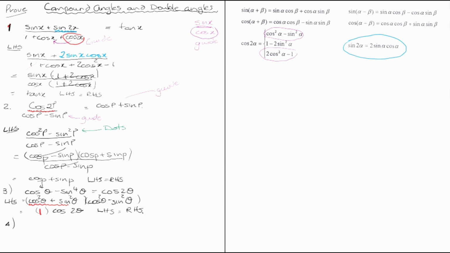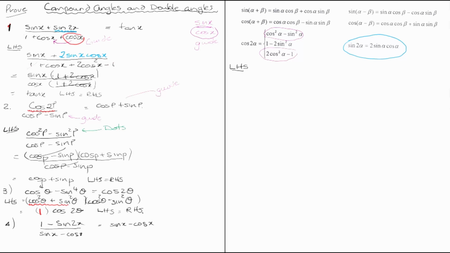Number 4, very important one: (1 minus sine 2x) on (cos x... ) sine x minus cos x equals sine x minus cos x. Right, very important. I'm going to carry on up here. I'm going to do the left hand side,